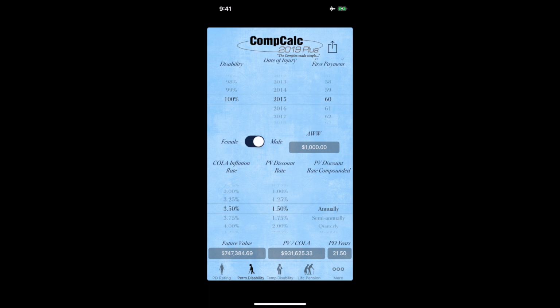You'll see the future value. The future value is without application of either the COLA inflationary rate or the PV discount rate. So if you just paid him based on his life expectancy, a 60-year-old male, TD based on an average weekly wage of $1,000, it would have a future value, all those payments, of $747,384.69. But when you apply the PV COLA calculation, the PV, although it discounts, doesn't overtake the COLA inflationary rate, so you have a net increase of several $100,000 to